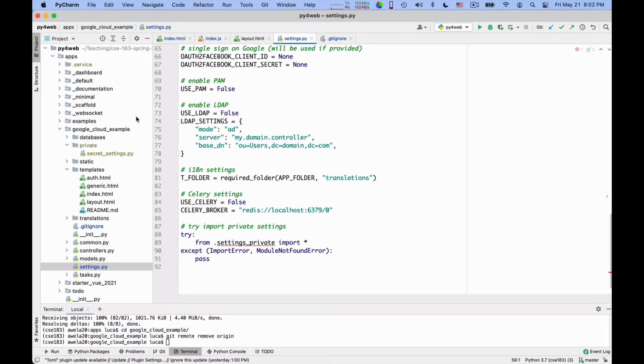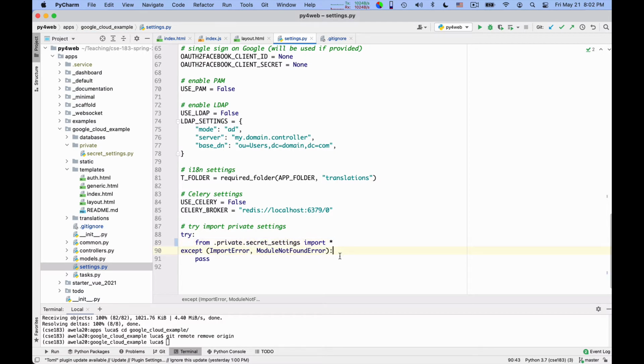So once I have created the file and put the auth keys there into secret settings in the private folder, here I modify this line and I say from private.secret_settings import star.